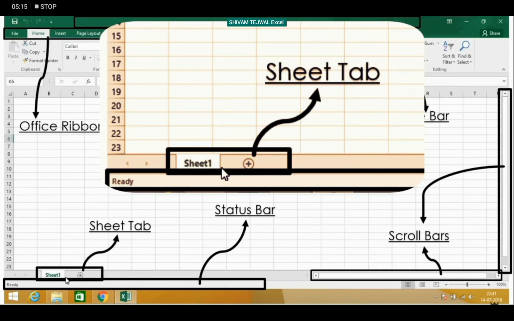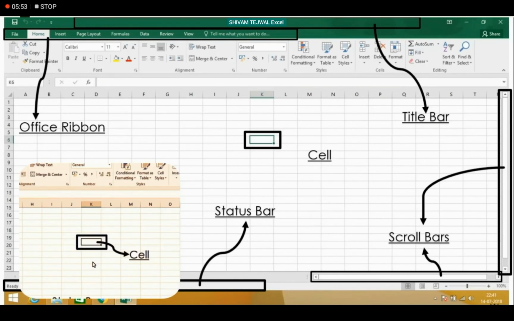You can also rename them by just double clicking on them, or you can move them according to your requirement. Sheets are just like a page. So as we use different pages in MS Word, you can use different sheets for your different work in MS Excel.